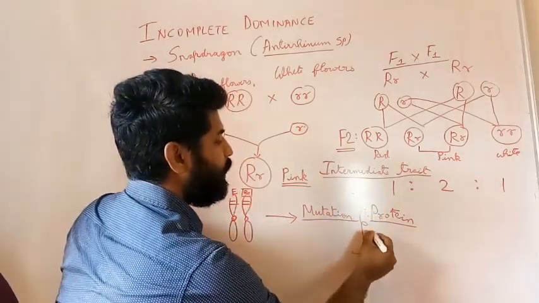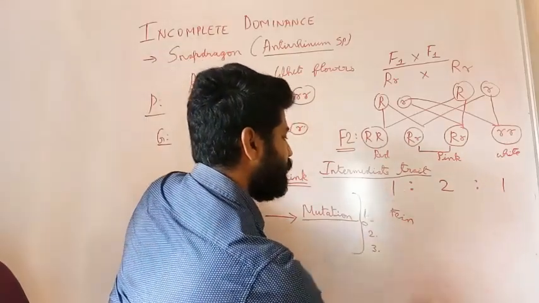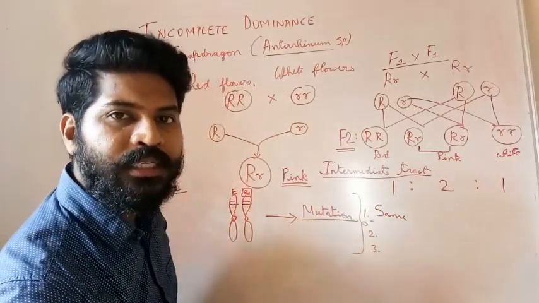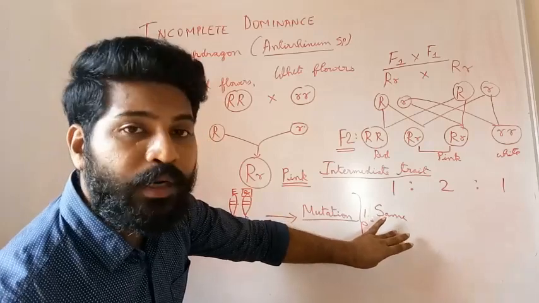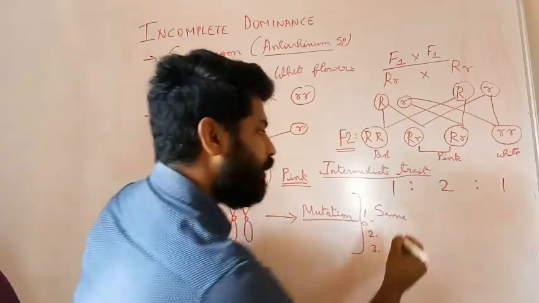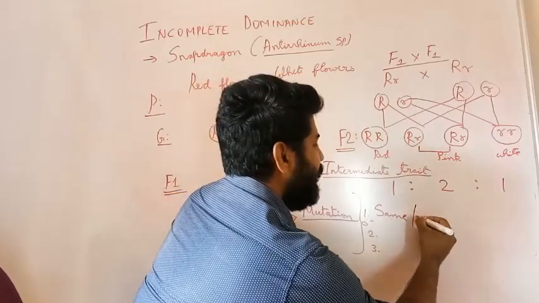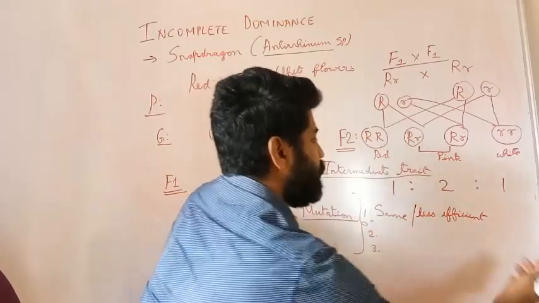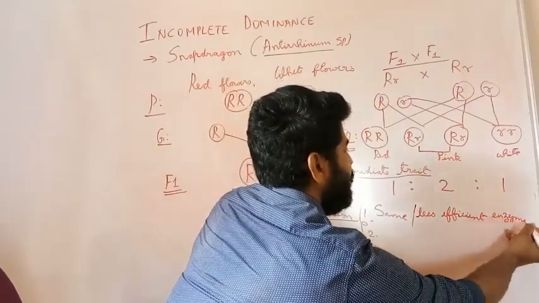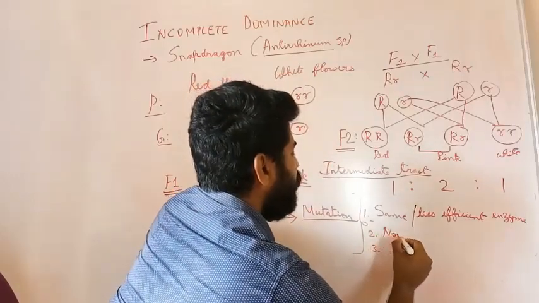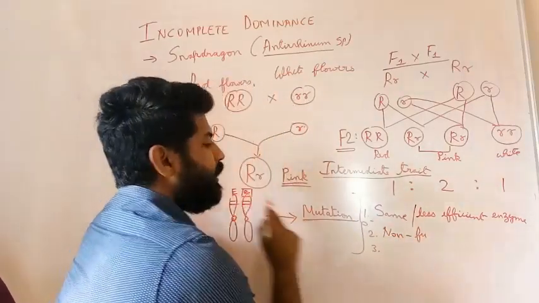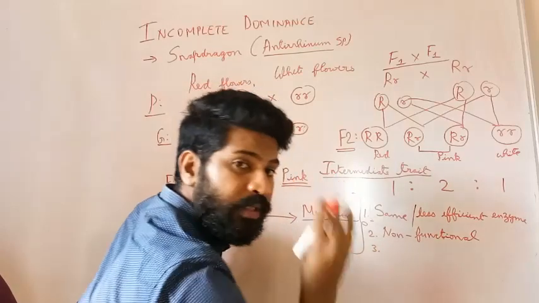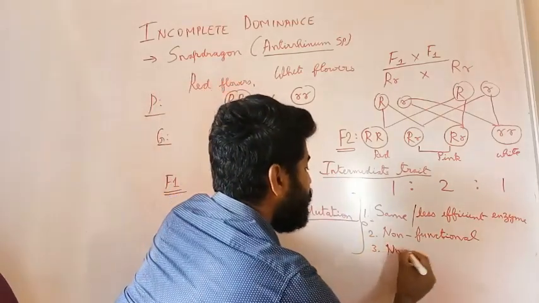There are three possibilities. It may produce the same enzyme here, means there are no changes at all. There are certain changes in the DNA, but with respect to the production of the product, that is the enzyme, it produces the same enzyme or maybe a less efficient enzyme, but it produces it. This could be one of the outputs, less efficient enzyme. In second case, it could produce a non-functional enzyme. Because of this change in the DNA, the enzyme could be non-functional, or because of this change there is no enzyme at all,